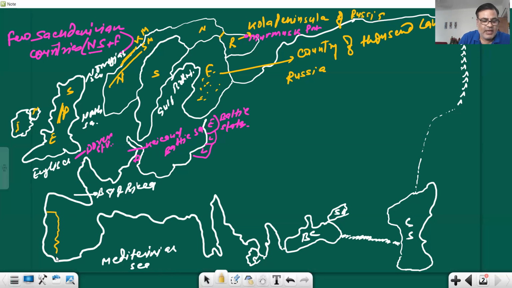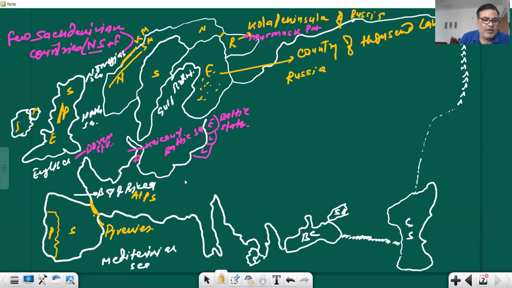Now, here it is your Portugal and here it is Spain. Between Spain and France, there is a mountain range called the Pyrenees. Here there is also a very small country, you have to find which one it is, and it is in the lap of the Pyrenees. After the Pyrenees, here you will find